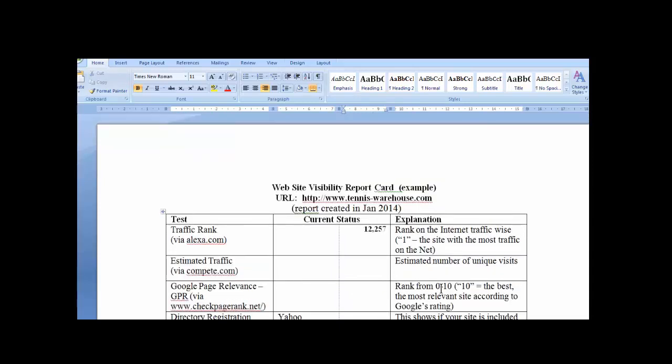So once again, what is a website visibility report card? It's a very quick one-page overview of the current standing and visibility of any website on the internet. And it helps you not only do your own research for your own website, but it can also help you do research for a competitor's website. And finally, if you are, for example, a marketing consultant, it can help you more successfully pitch your services to